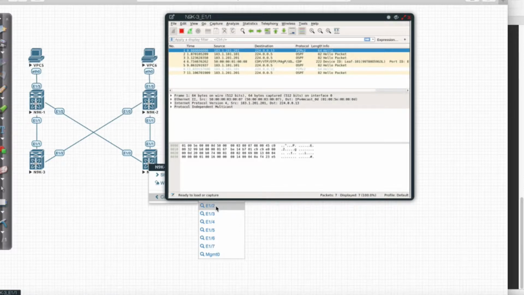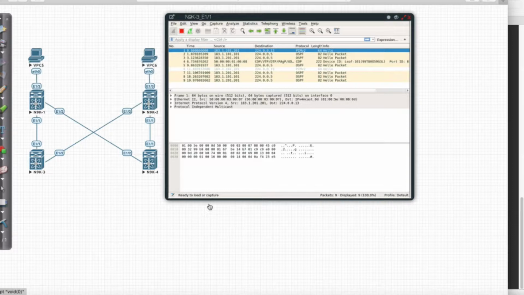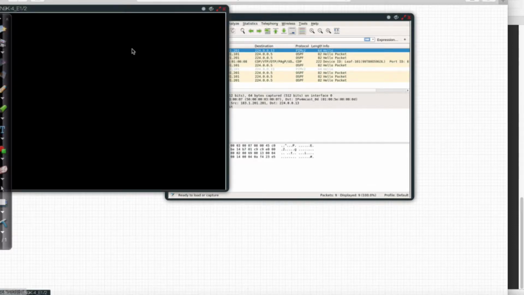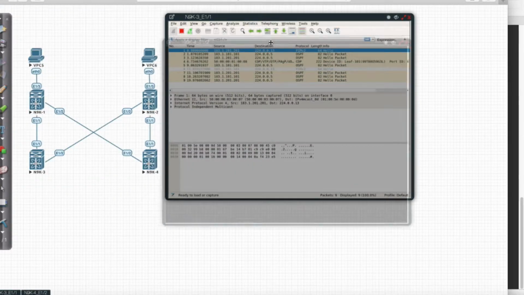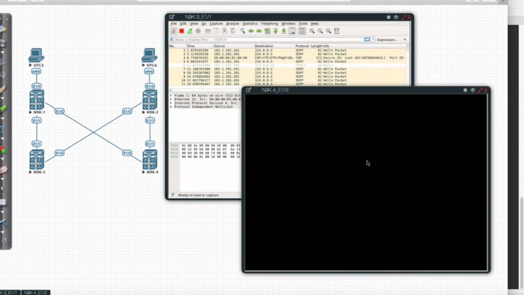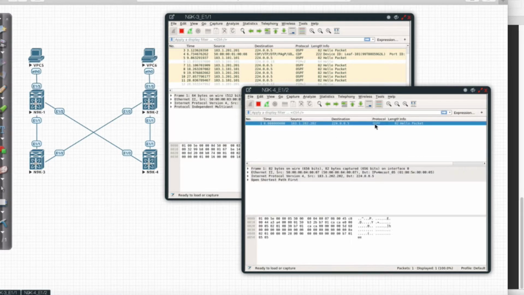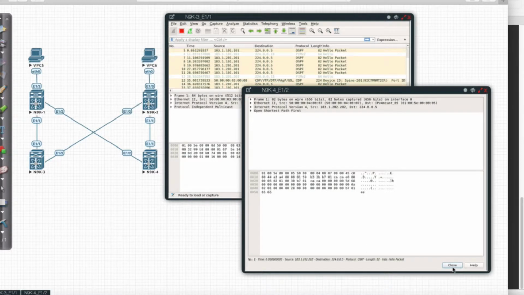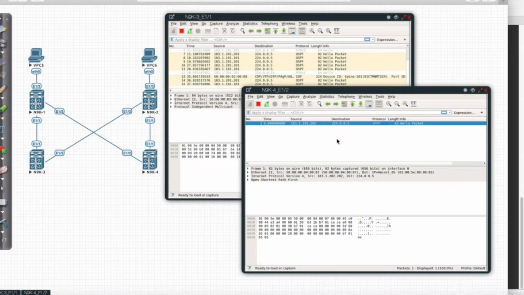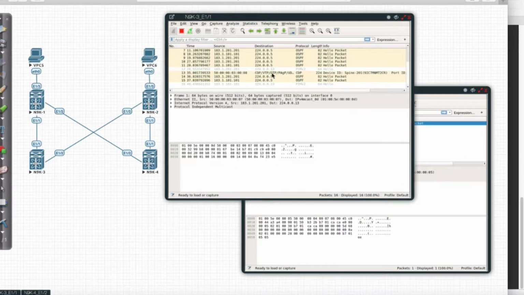Ethernet 1.2. Let's see if this session opens up. We should have both of these function. I'm just waiting for 1.2. Alright, now I'm seeing packets. I'm seeing IP OSPF hello messages going back and forth. We can see here I'm seeing CDP, VTP, DTP, PAGP, UDP, all of that stuff, UDLD actually.